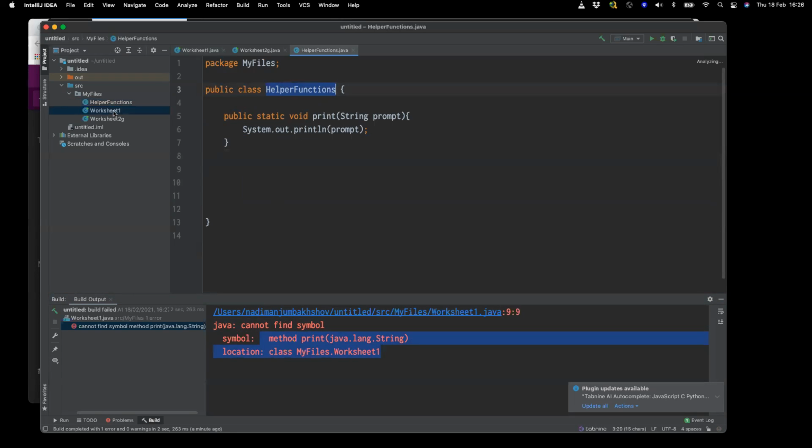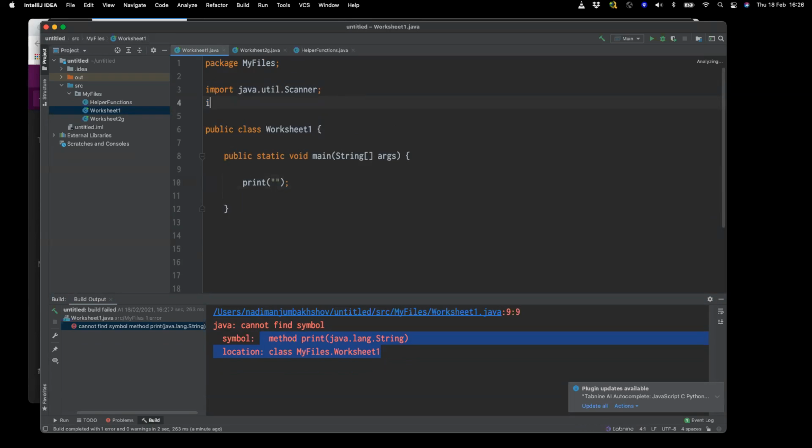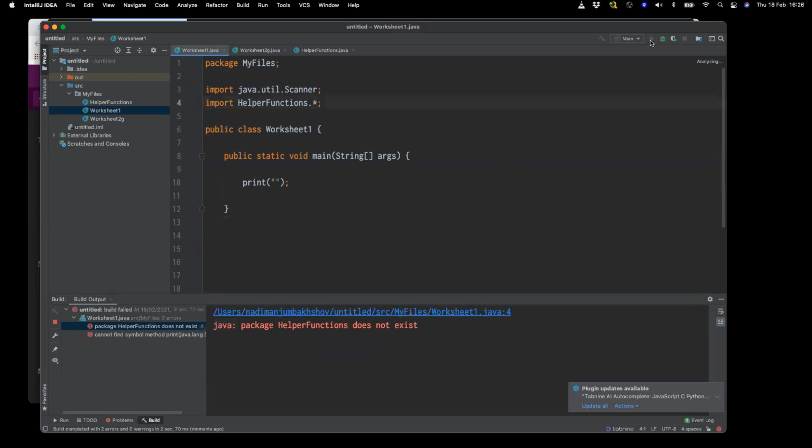So what I can do is next to my import statement, I can just say helper functions, and I can do this. And it says, it's interesting, helper functions does not exist. Hang on a second, it's a syntactical thing here. Bear with me a second, let me do that. That's kind of fairly useless, isn't it? Right, who can spot what I've done wrong here?